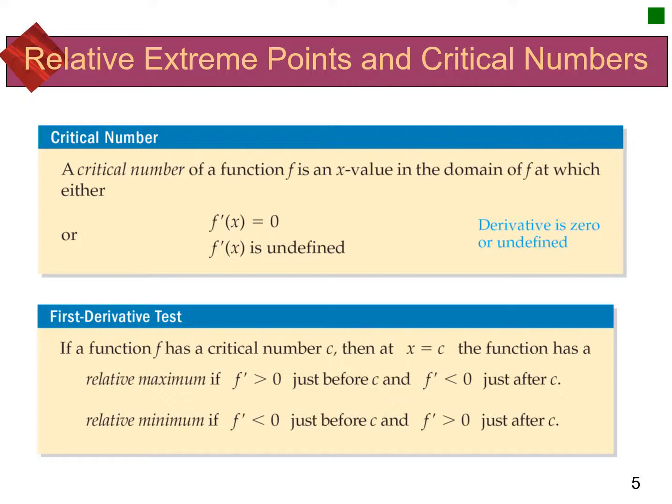You're either going to have a situation where your first derivative is equal to 0, which is going to be more common, or if it's undefined, and that usually means you have a vertical asymptote, or it's a turning point because it's a corner point, and you're always going to have a turn there as well. We also have a first derivative test that comes up from that. I don't like the way that the book states it. I'm going to kind of retranslate it, but essentially,